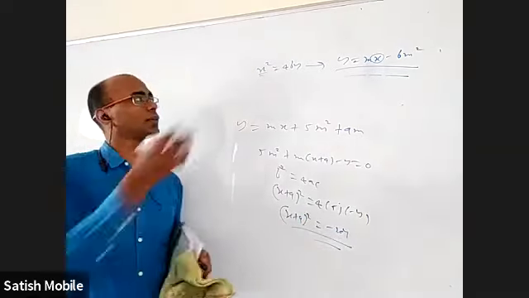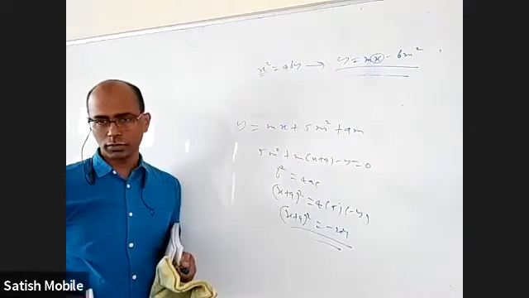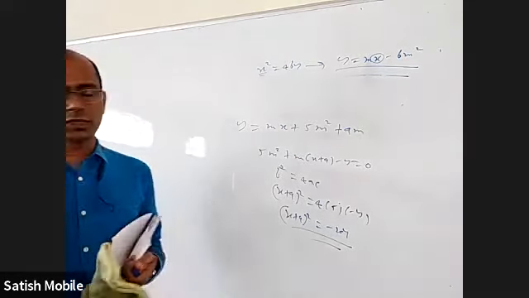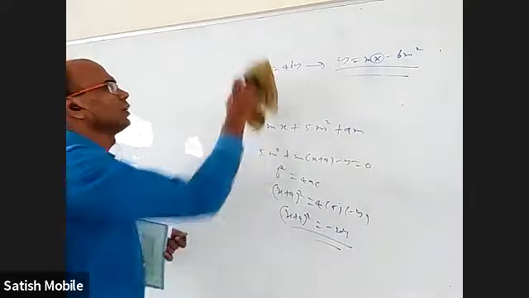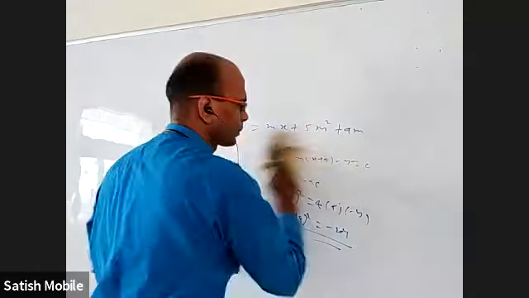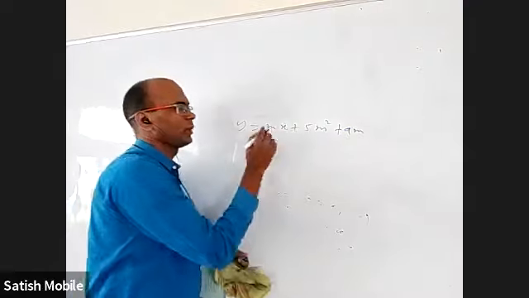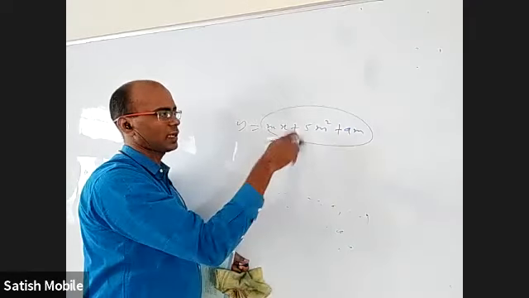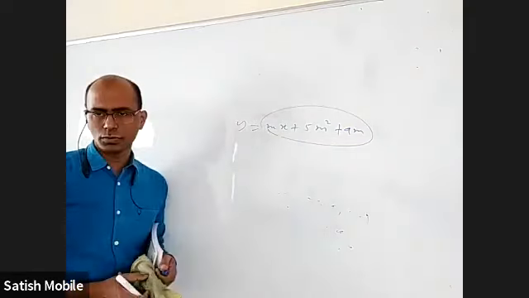Without even knowing anything about this curve before the chapter, we don't know anything about parabola, doesn't matter, you got a curve. Another method I told you is you find the minimum value of this. Assume x is fixed, m is variable, find the minimum value and substitute it.